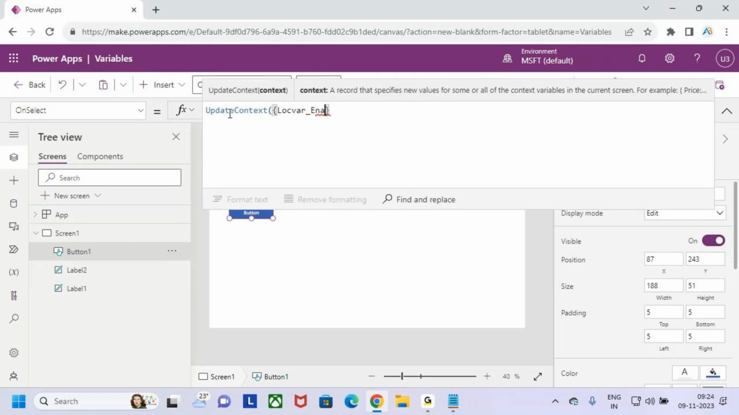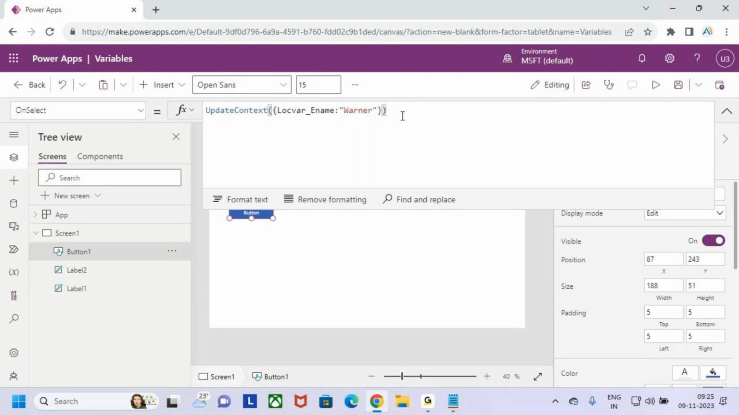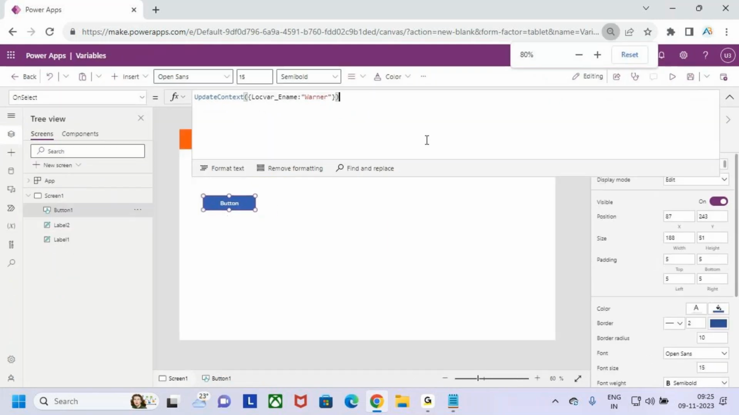local variable ename, Coalesce, and then after that pass whatever value you want to store into this variable. Let us say I want to store the name, guys, one of the employee names. This is the value I'm going to store into this variable. And then close the brackets. Once after creating the variable,